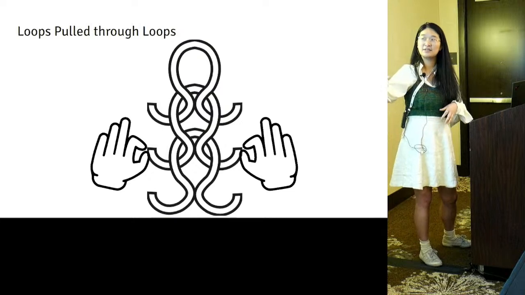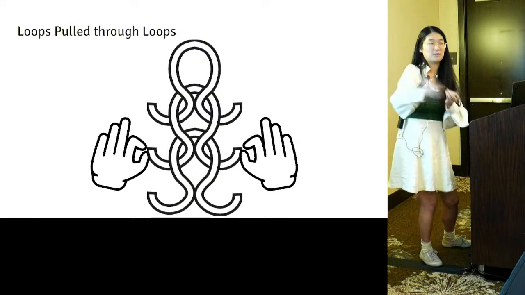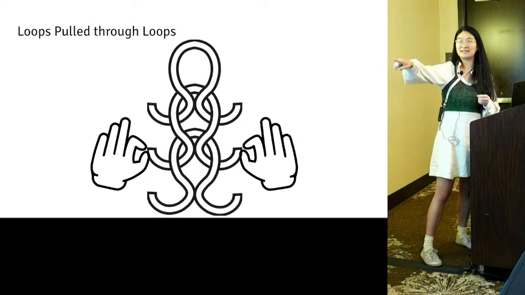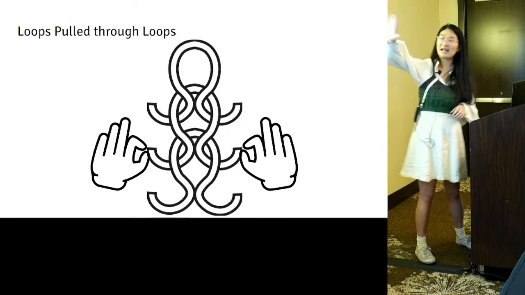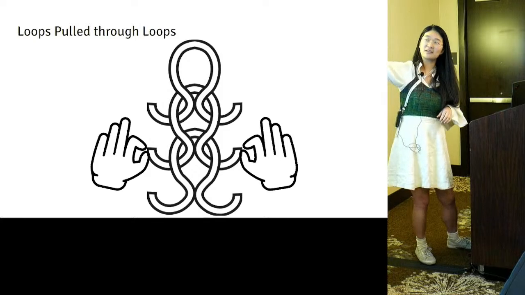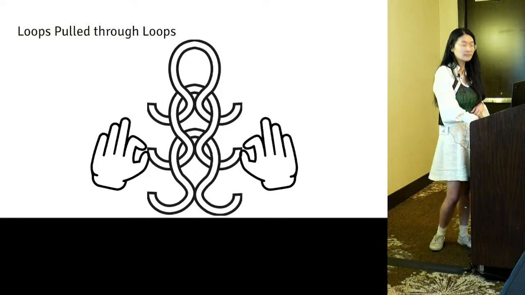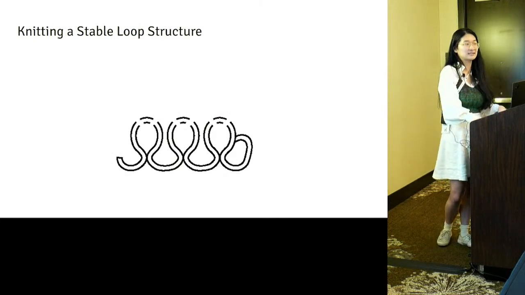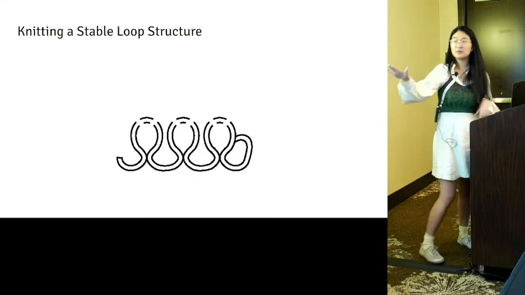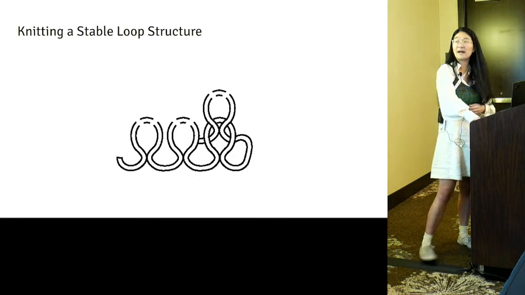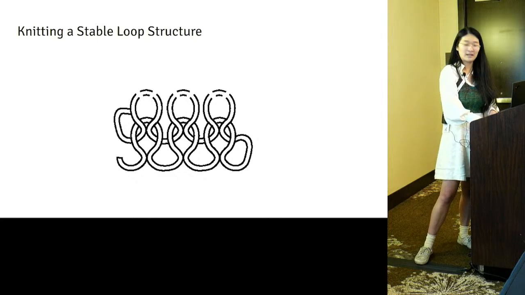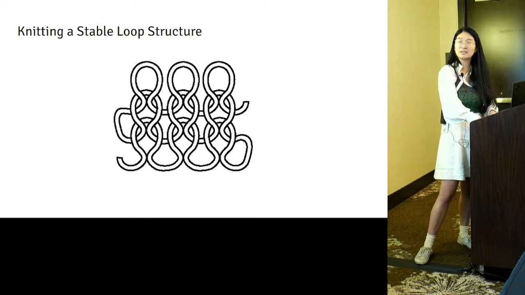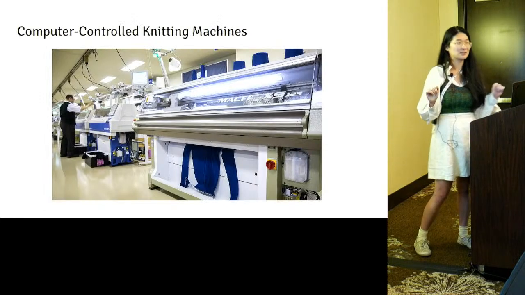Here you can see we've got a series of loops that have been pulled through other loops. Now if I grab the ends of the middle loop, it stays in place. It's totally fine. It doesn't move because the head of the bottom loop and the tail of the top loop are holding it in place. So the way this knitted structure is built up is we start with a series of loops, and then we go back and pull loops through them. And then we turn around and go the other way and pull loops through those. Okay, so that's probably all you need to know about the structure of knitting.